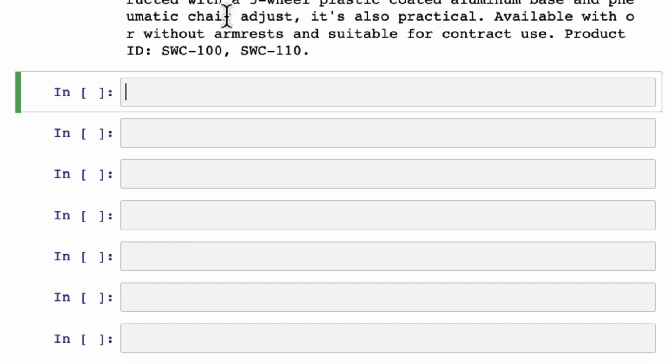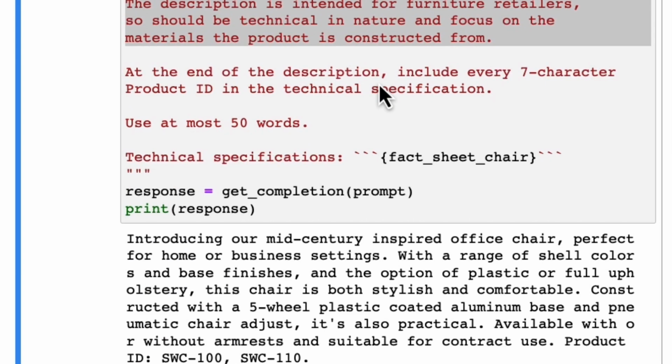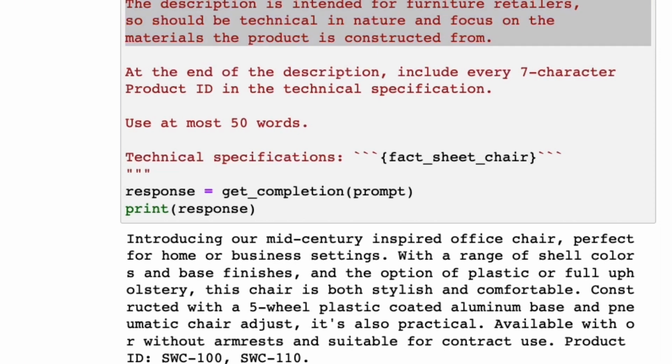With those in mind, it's worthwhile to often take a first attempt at writing a prompt, see what happens, and then go from there to iteratively refine the prompt to get closer and closer to the result that you need. And so a lot of the successful prompts that you may see used in various programs were arrived at by an iterative process like this. Just for fun, let me show you an example of an even more complex prompt